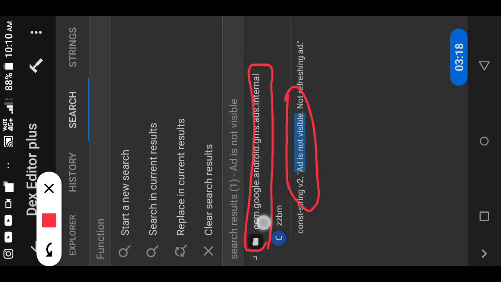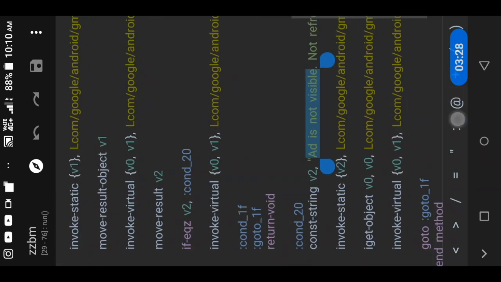So here you can see we got the result in the Google Ads library function. So remember this, we should get the result in the Google Ads library function. So now you can see here we have condition 20.